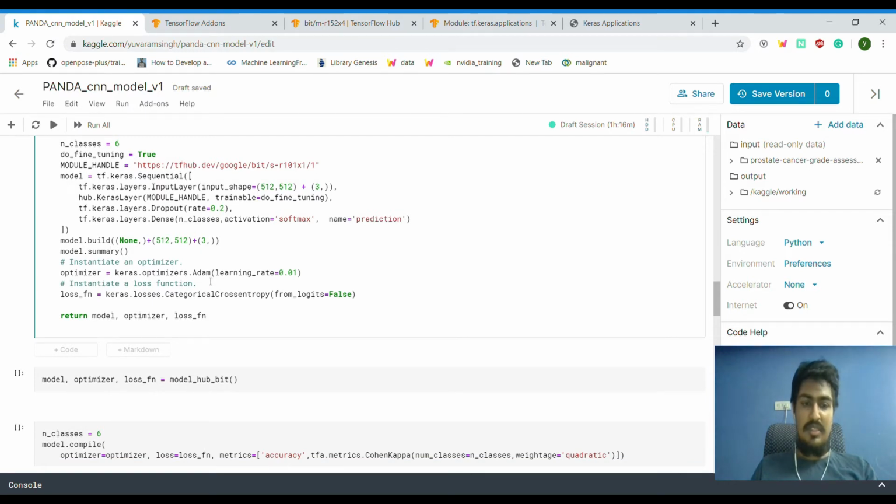I'm just using the Adam optimizer and categorical cross entropy, and I'm going to set from_logits equal to false. Previously I was experimenting with no activation function. That's why I was using from_logits equal to true. My bad, I just got a bit confused while trying out several things. If you're not using any activation function, you have to set from_logits equal to true.